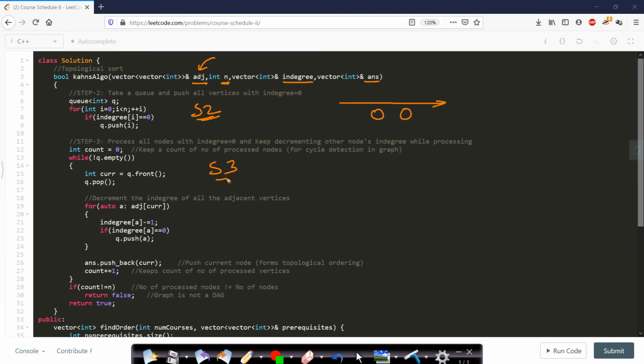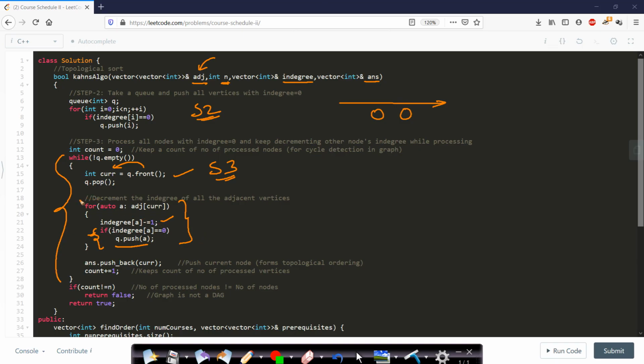This is our second step. Now our third step is to process the queue. So we will pop each and every element one by one and we will process. That means we will remove that node from the graph, and then we will update the in degree values for all the adjacent nodes. So here we are popping the node, we are keeping it into the current variable, and then we are processing all the adjacent nodes. That is, we are decrementing the in degrees for all the adjacent nodes by value 1. Now whenever the adjacent node in degree value reaches 0, then we will push that node into our queue.